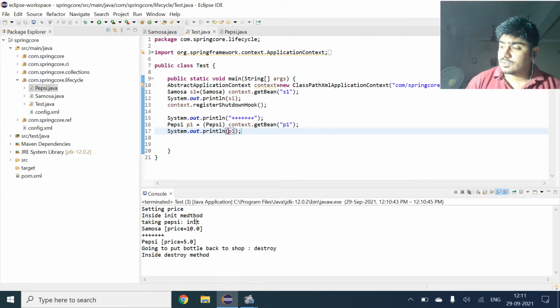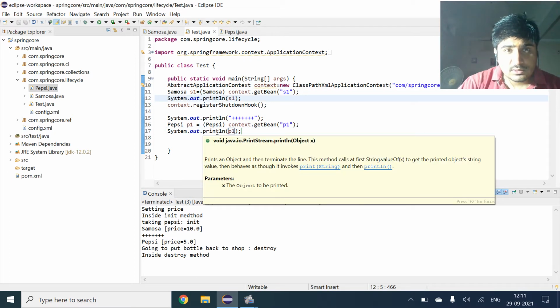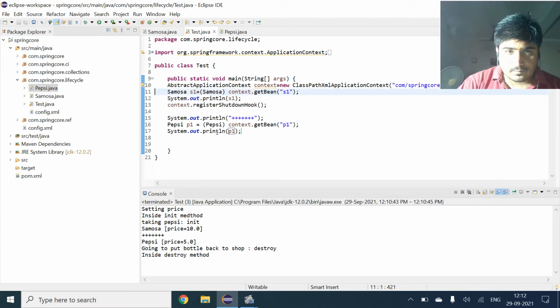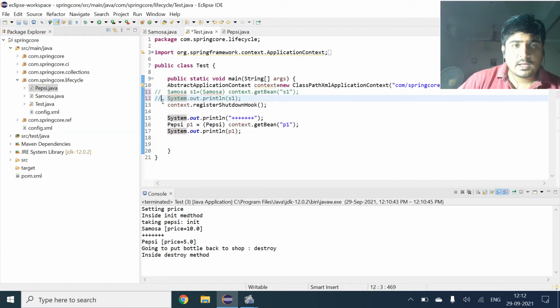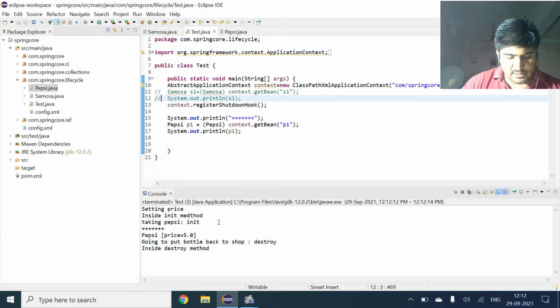Basically, one more thing is important. The order of the bean is very important for us. We have to see the order. For example, I will put this under the command, this and this, and now I will run this. So I just get that.